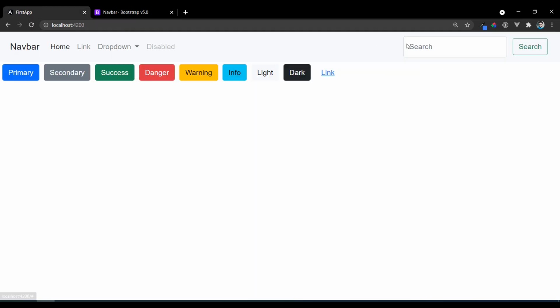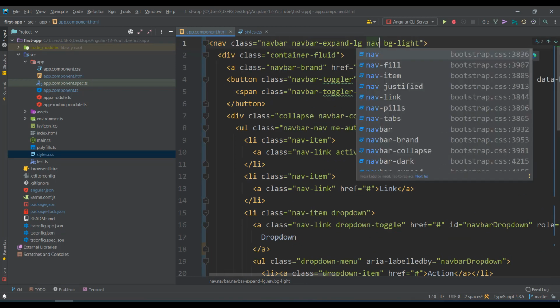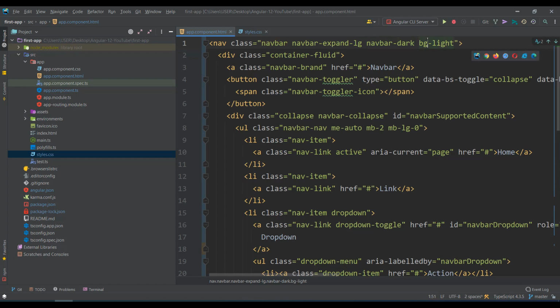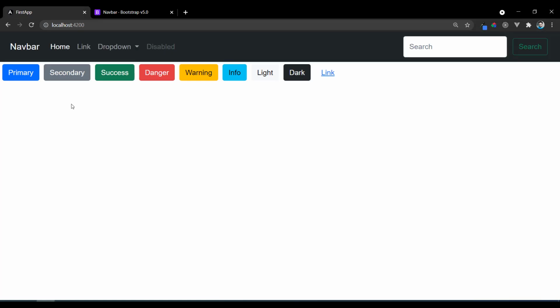So let's check. See, you got a navbar and you got a dropdown, but the color was not proper. We need to check that. And also some background. Let's say navbar-dark, and let's say bg-dark. See, you're getting the hint also for colors. So let's check. You got a black color navbar and you got all the buttons. That's it. So successfully you have configured Bootstrap for your Angular project. In the next video, we'll see how to use those Bootstrap concepts in your own components.